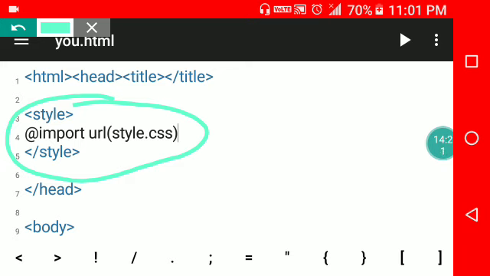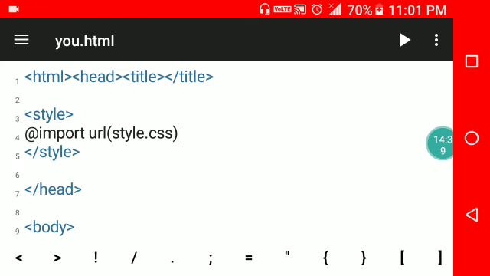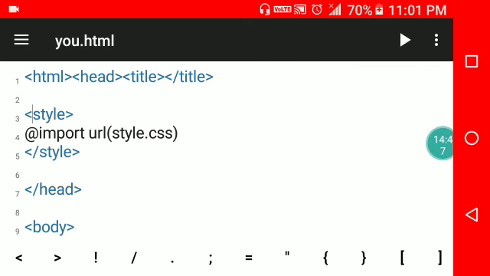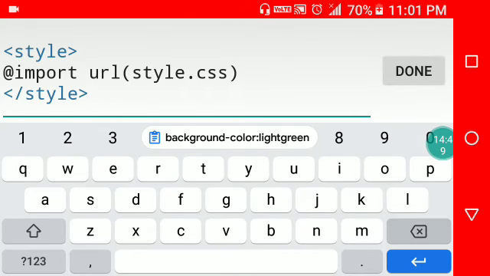Now I am going to show the inline style sheet. So how will you use an inline style sheet? Just a minute, remove this, no need to write here.